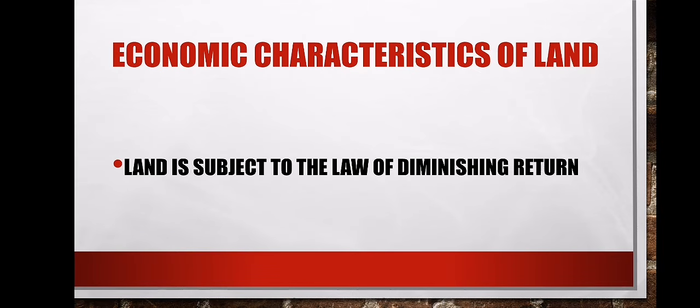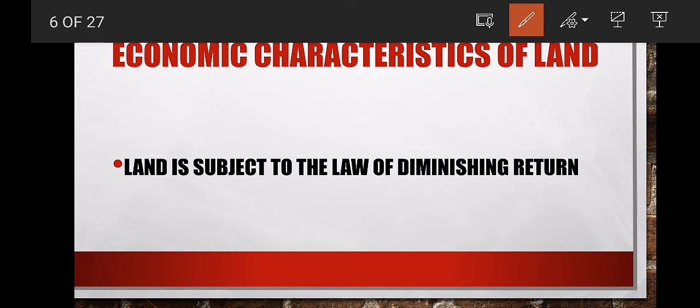We have the first one. Land is subject to the law of diminishing return. They like to ask us about this one. Land is subject to the law of diminishing return. What do we mean by this economic characteristic? We simply mean here, when a farmer adds a production factor while keeping other factors constant, what will happen is that